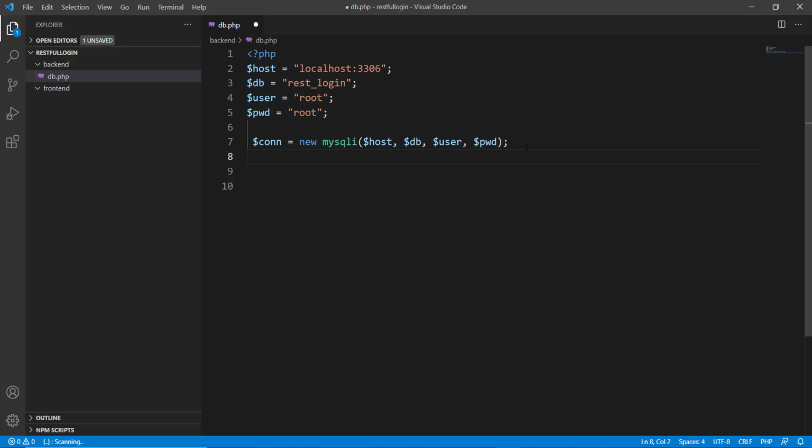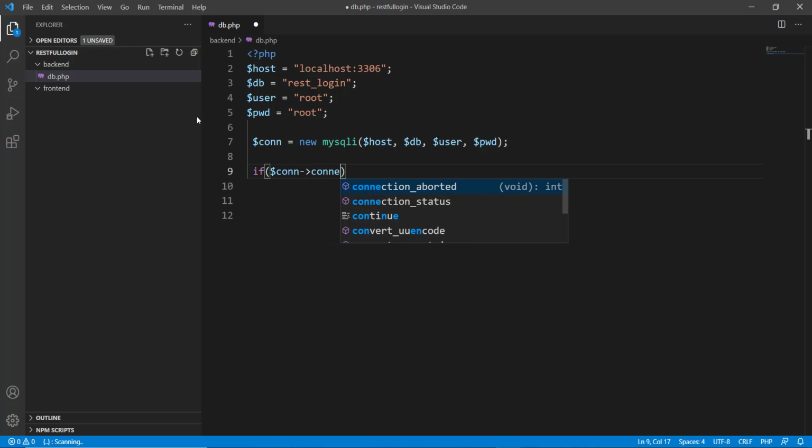Now all we need to do is verify whether this connection was successful and there is actually an object stored that represents the connectivity with the database, or something went wrong. So for that we are going to check connection. Because we are using the OOP version of MySQL, we have to use this arrow operator. This is equivalent to the dot operator in normal object-oriented programming. So this connection is an object, and we are going to call